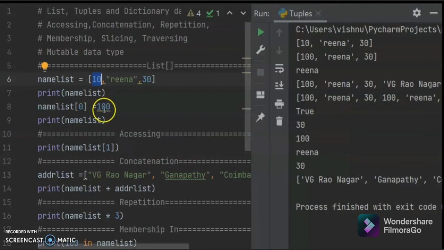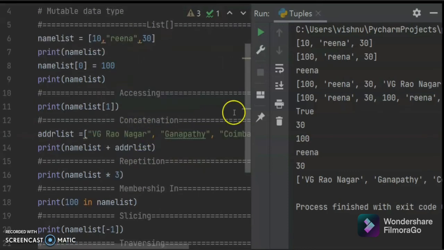This will not be possible in tuples, or strings or any other data type. Only in list and dictionary can we change the value one by one, like the 0th index you can change directly. That is why it is called a mutable data type. So only two data types are mutable: one is the list, the other one is the dictionary. Rest all are immutable.